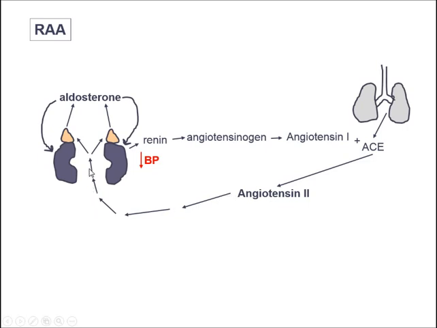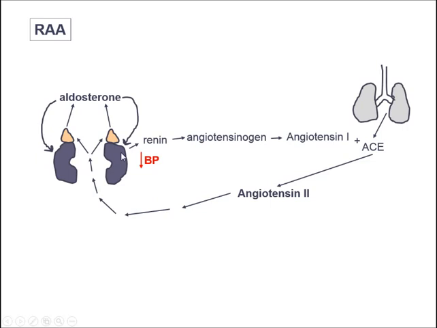Angiotensin 2, look, see how it makes its way to the adrenal cortex. In other words, the cortex of the adrenal glands, both of them. Okay? And within the cortex of the adrenal glands, there are specialized cells that in response to being stimulated by angiotensin 2, will produce and secrete a substance called aldosterone. This is a hormone, aldosterone. So aldosterone is going to go back to the kidneys, and it's going to have the final influence in this sequence of events on the kidneys.